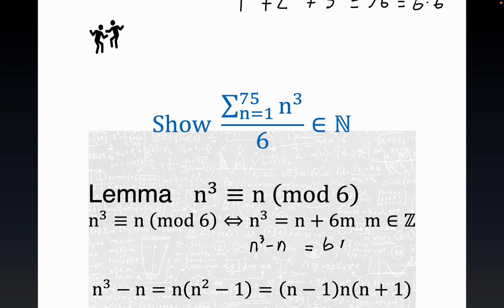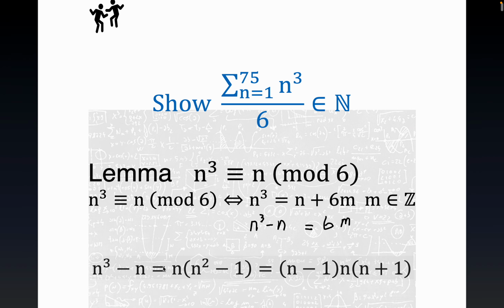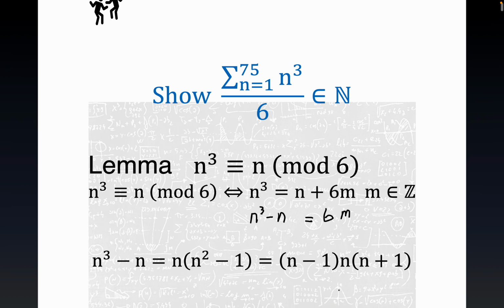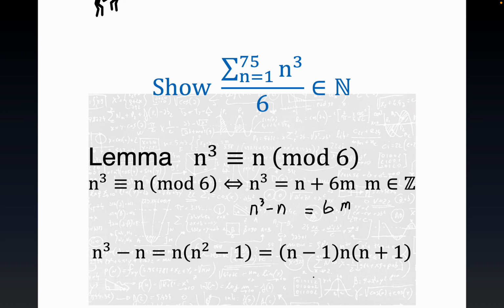Okay. Now, here's the proof. n cubed minus n factors into n times n squared minus 1. n squared minus 1 is n minus 1 times n plus 1. If you rearrange, you get 3 consecutive integers. n minus 1 times n times n plus 1 is the product of 3 consecutive integers. The product of any 3 consecutive integers has to be a multiple of 3. So we can quickly write down equals 3